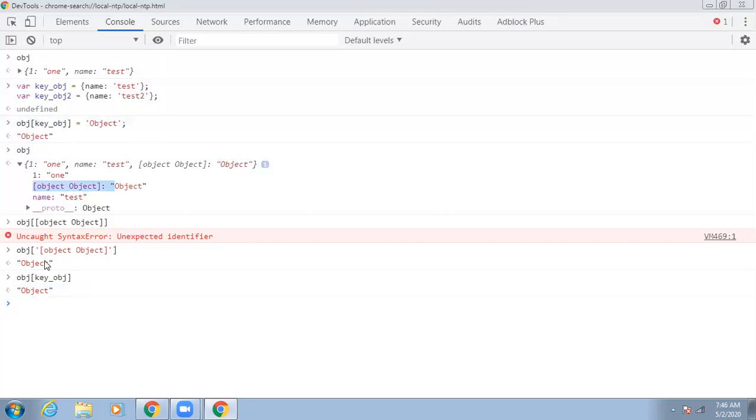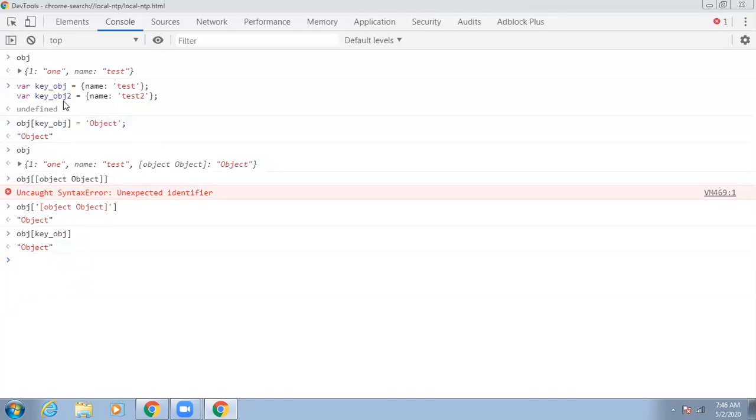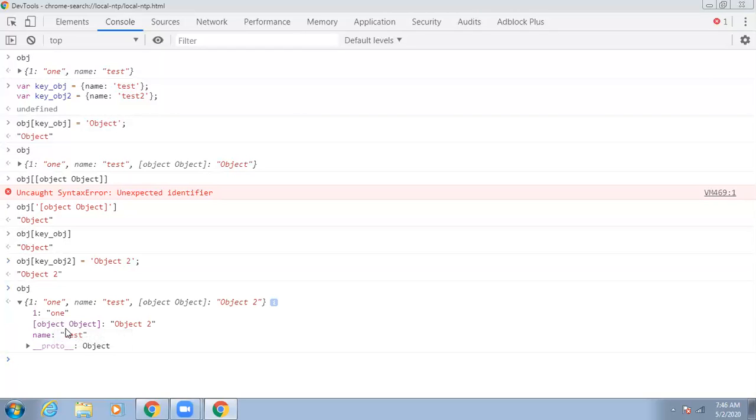Let me add the other object as well, the one which we have seen. Let us say this is object 2. Now let us see what happened. It was replaced with object 2.